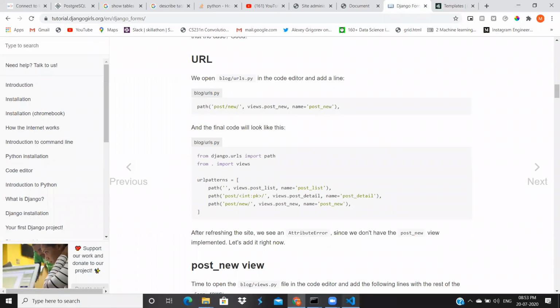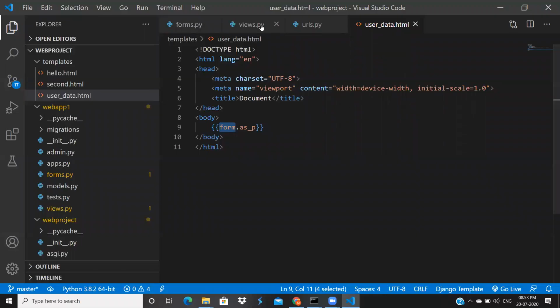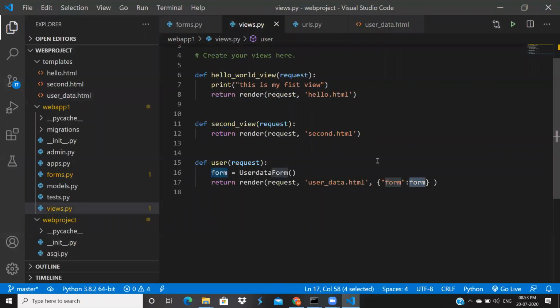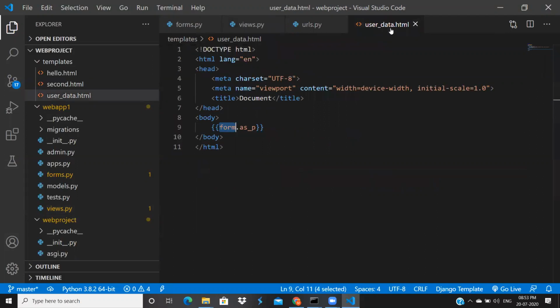Why are we using this? Suppose you have a big HTML file, you cannot write HTML in Python like this. You cannot inject HTML code using Python into your HTML template. It's possible, we can do that, but you don't get style, and a lot of issues will be there. For that reason, the Django people decided to use Jinja2, their simple language, where we pass our objects.